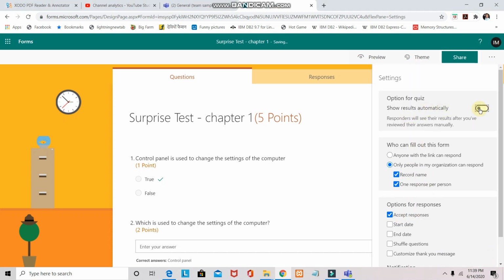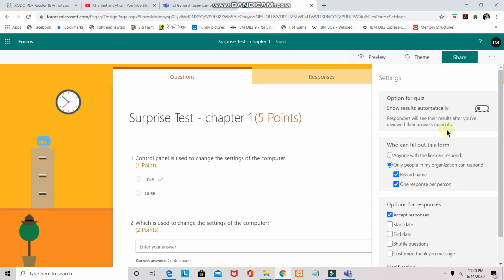We have to switch it off if we do not want to show the results as soon as the student is finishing it off. So we can switch it off if we do not need to tell the answers to the students, and if we can tell the answers as soon as they have completed the quiz, we can switch it on.